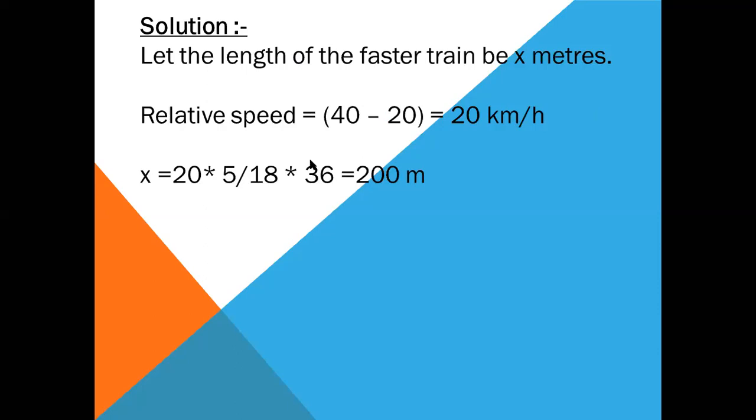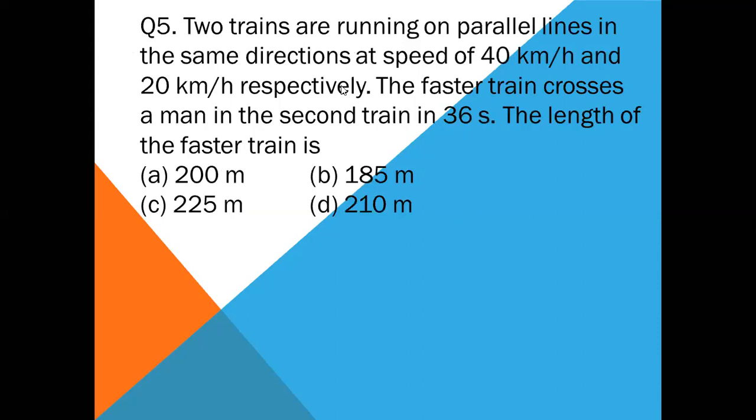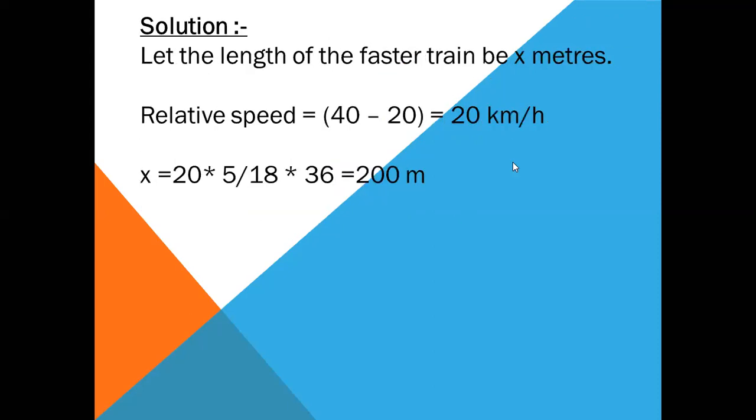See, in such type of question, there are always three variables: speed, distance, time. Two variables have been given to you directly or indirectly. The third one you have to find. So as you can see in this question, for relative speed, they were going in the same direction, so I have subtracted, and the time they are saying is 36 seconds. Now, if in the same question, instead of same, opposite direction is written, then I have to add that speed. In that case, speed would be 40 plus 20, 60 kilometers per hour.